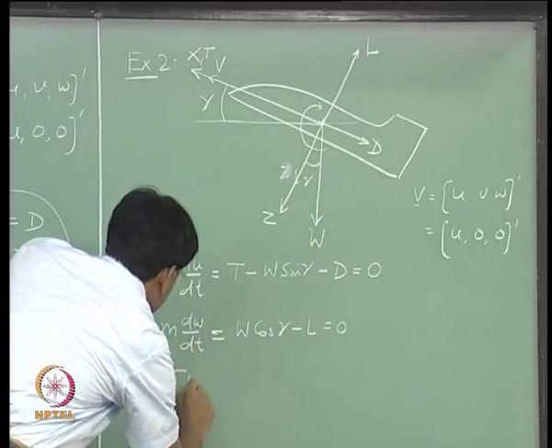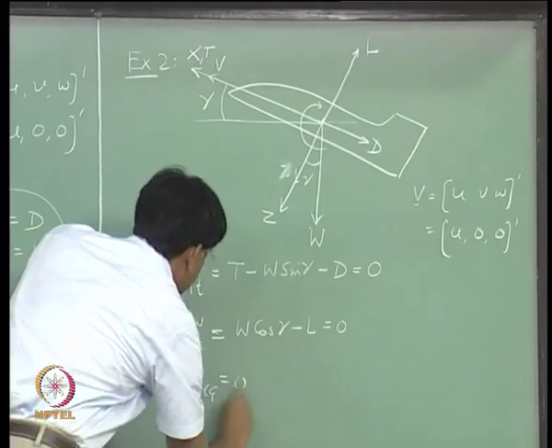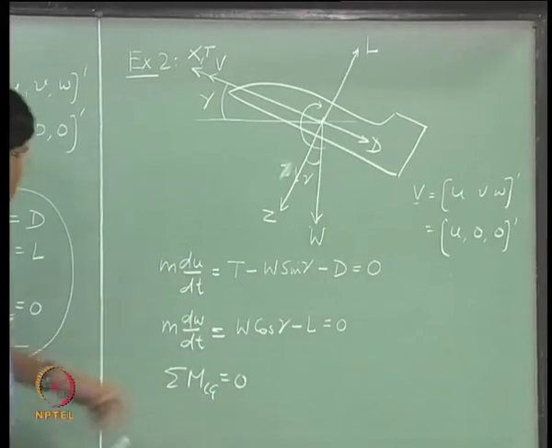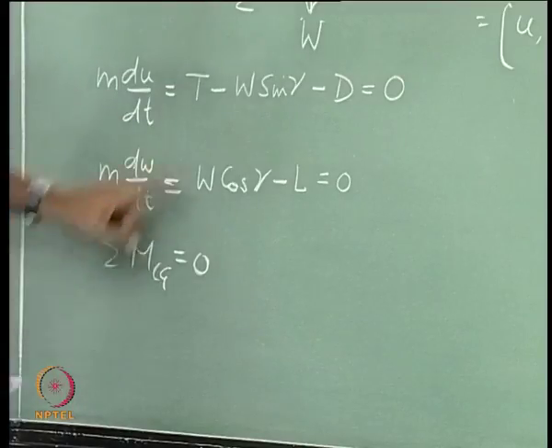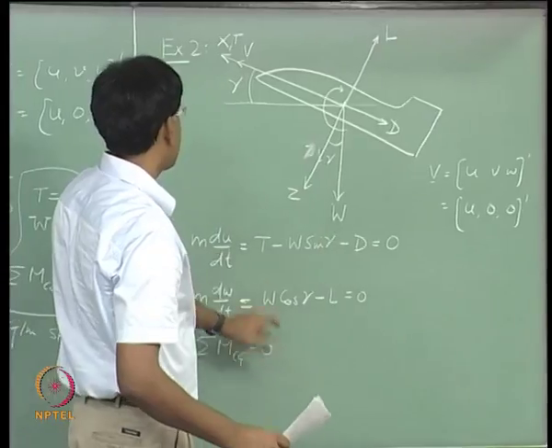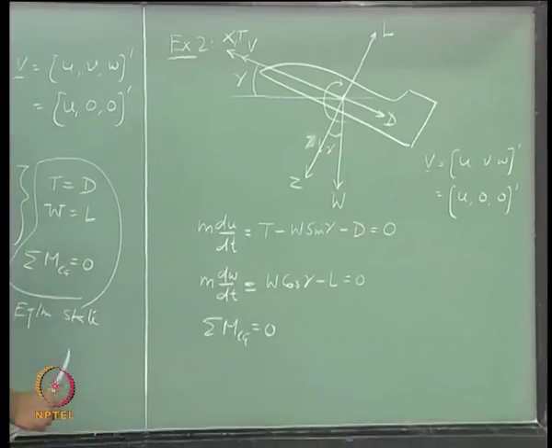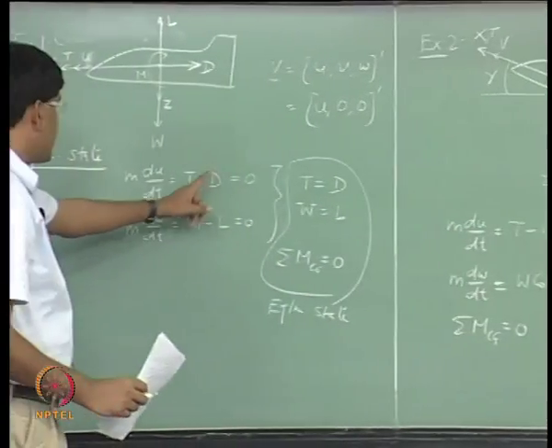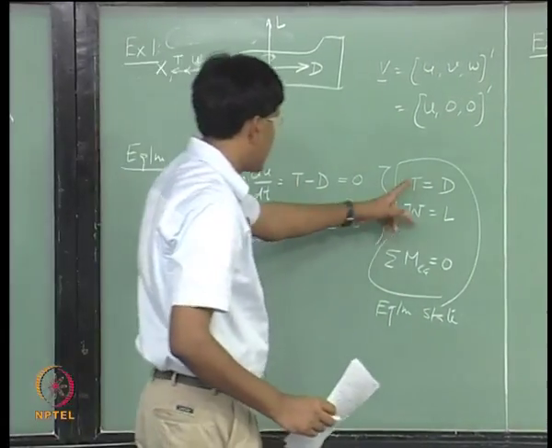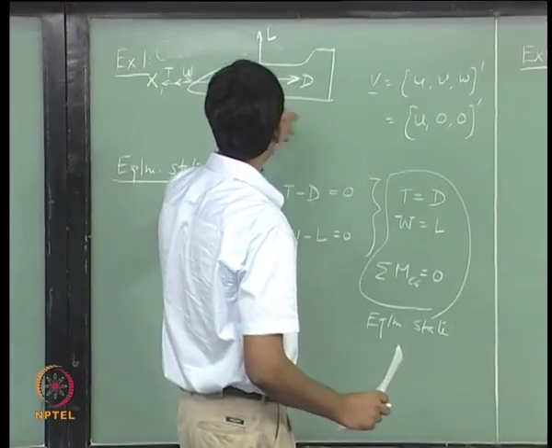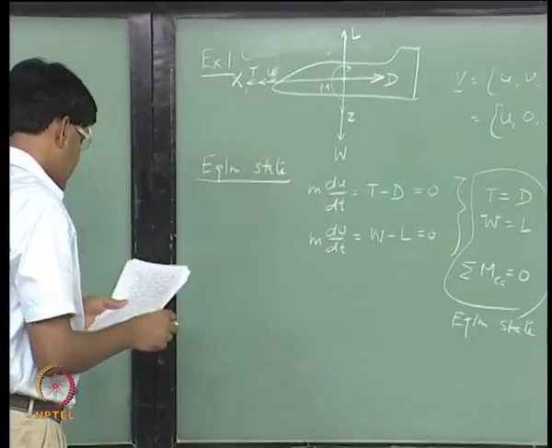So, this condition is still active. So, these three equations will define the equilibrium state of aircraft in steady climb. These three equations define the equilibrium state in level cruise condition,